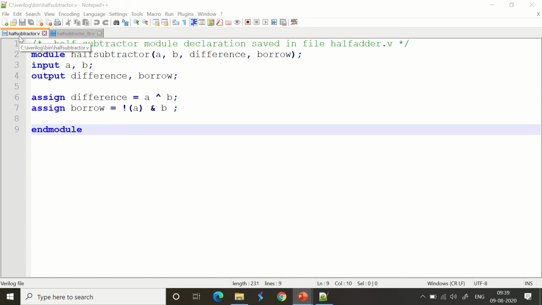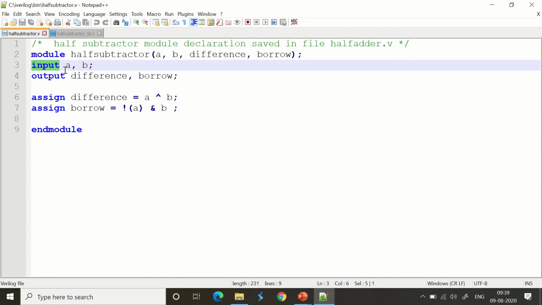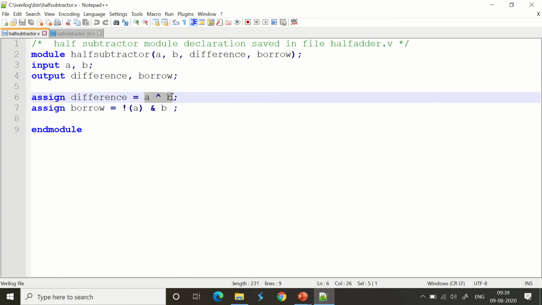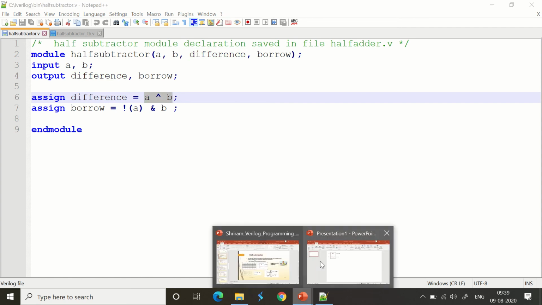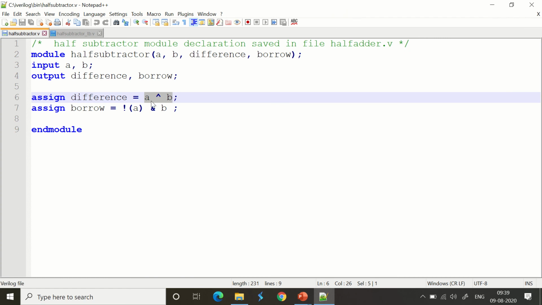So this is the logic circuit code where we are building the logic circuit, and it's named half subtractor. What are the inputs? A and B are the inputs, and the outputs are difference and borrow, as I told you. So I'm making A and B as inputs, and difference and borrow as outputs. Now, how do we get the difference calculated? It is nothing but A XOR B. That's what we have learned in the entire implementation: deriving difference is equal to A XOR B.